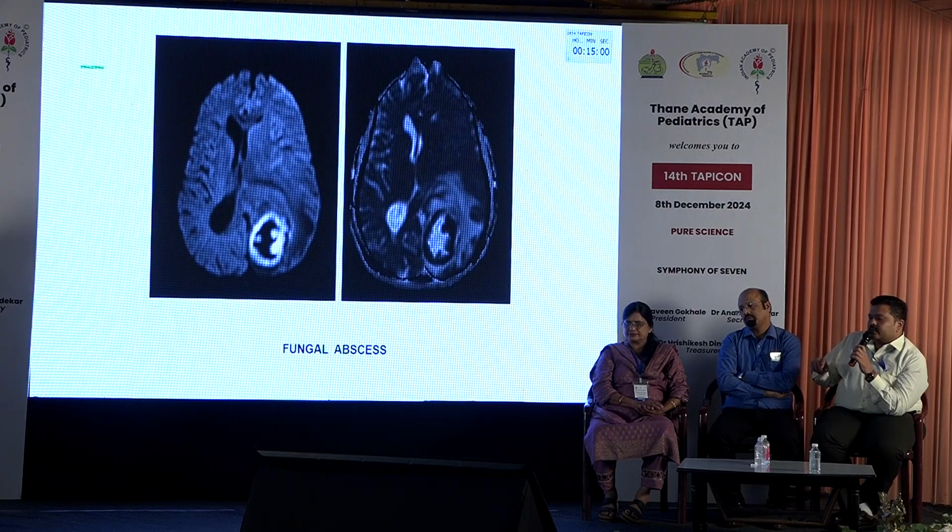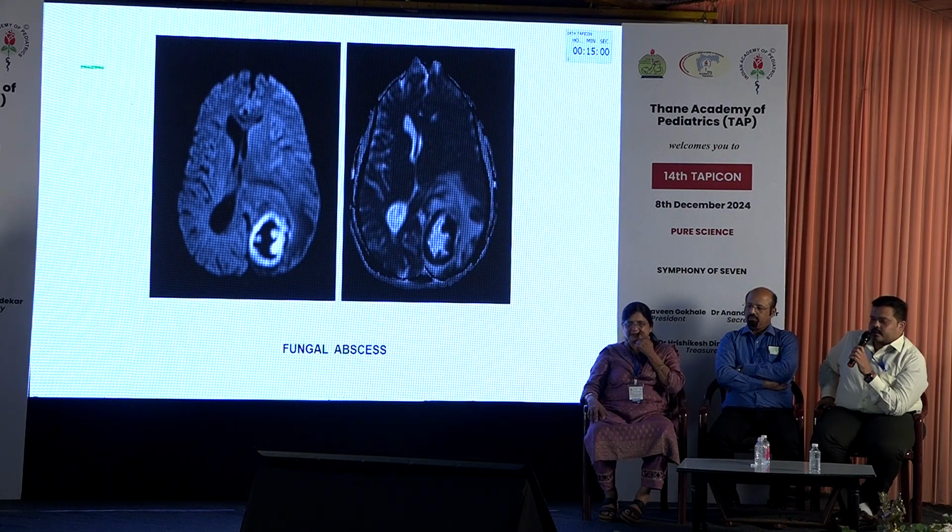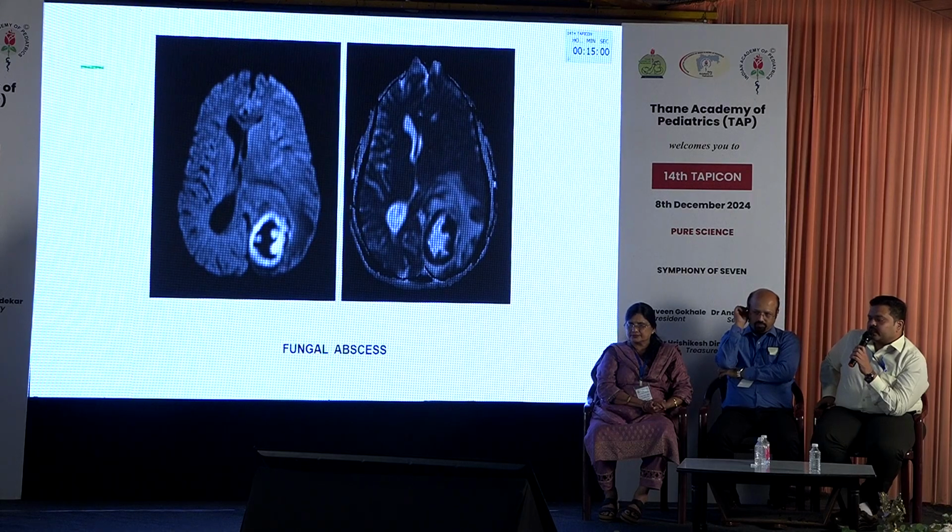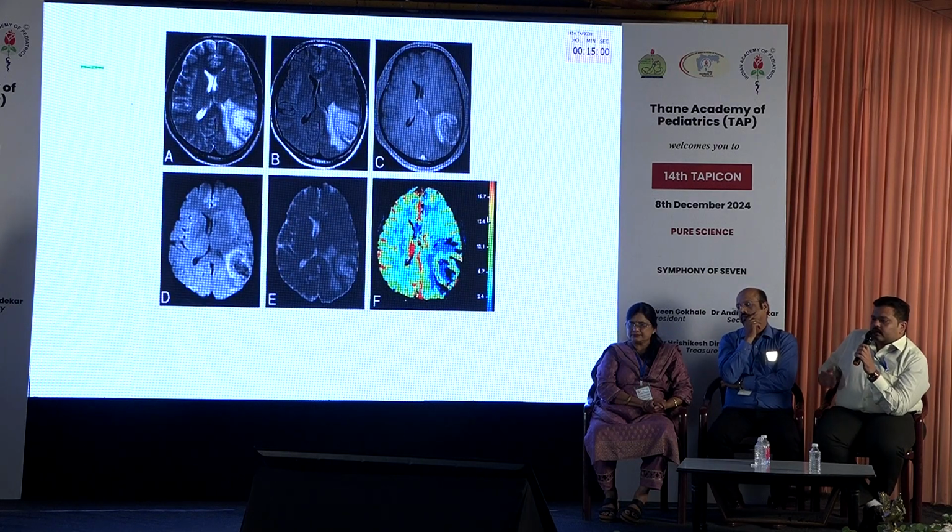But the difference between bacterial and tubercular versus fungal abscess is that fungal abscess will show fronds. They will show hyphae which are going into the middle of the abscess. That is one thing. Another thing which could differentiate is MR spectroscopy. So MR spectroscopy in a bacterial abscess will have amino acid peaks along with lipid lactate peaks, while tubercular abscess will not have amino acid peaks. So that is the differentiation between the three.